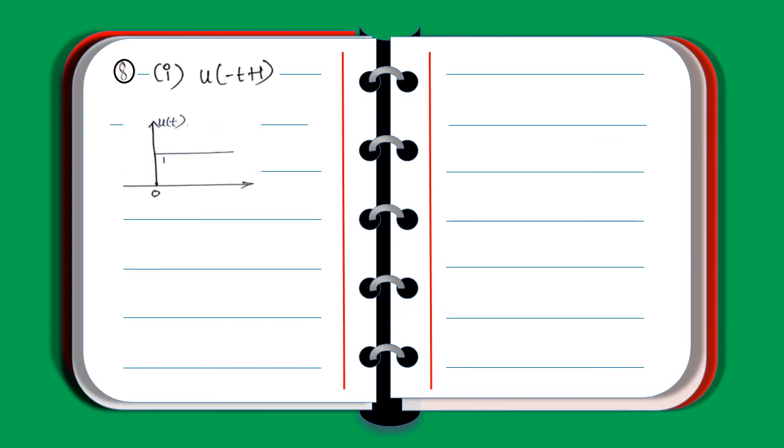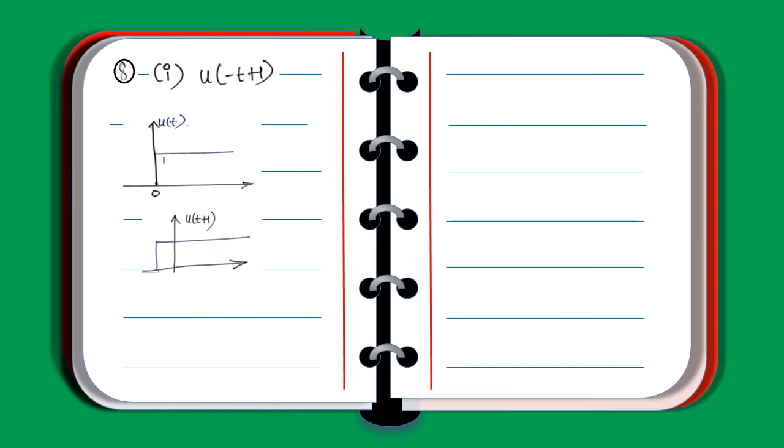Now let us consider a few more examples where multiple operations on signals are involved. Plot u of minus t plus 1. As you can see, there is a reflection operation and a shifting operation. U of t is the basic signal upon which we should apply these two operations. Let us shift u of t by 1 unit. U of t plus 1 will be starting 1 unit ahead of the actual start. This is the advanced version. Now reflect this u of t plus 1